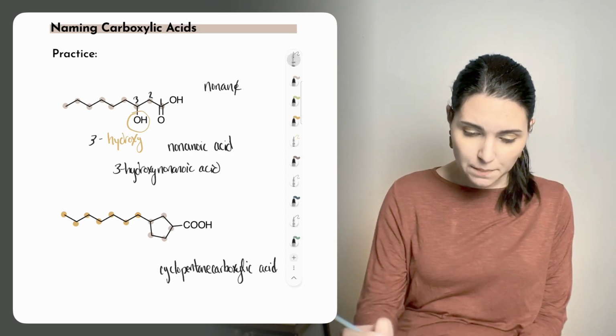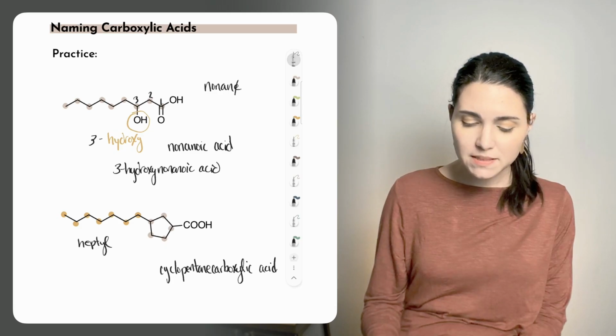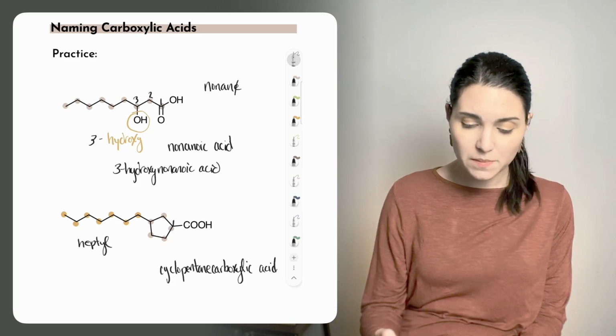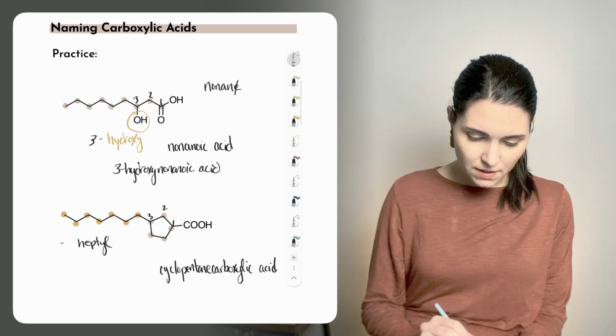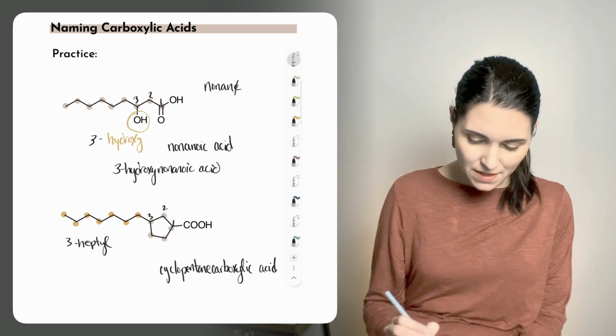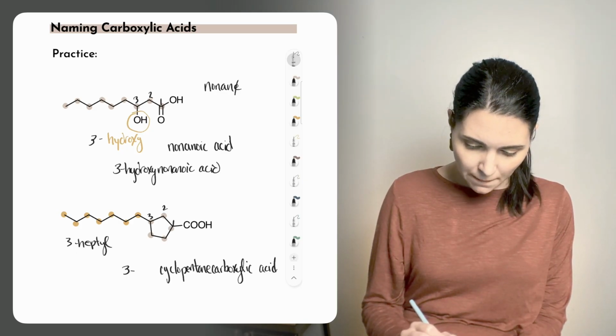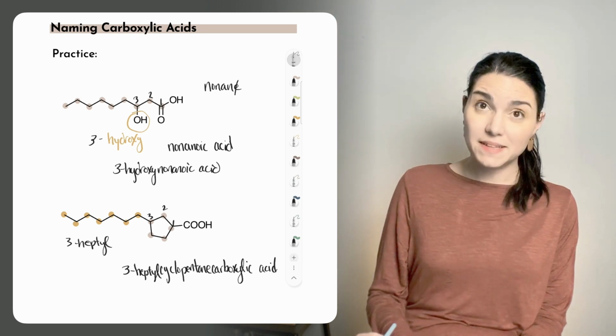So that's a heptyl substituent. And the carboxylic acid is 1, which makes the heptyl a 3. There, 3 heptyl cyclopentane carboxylic